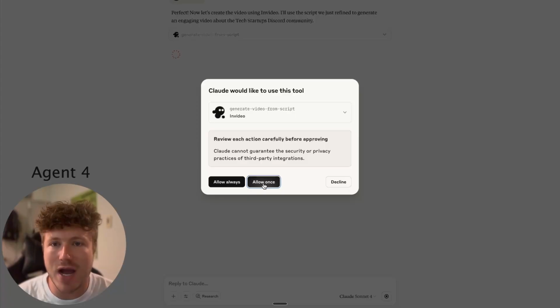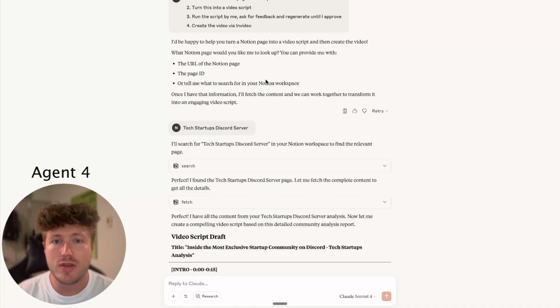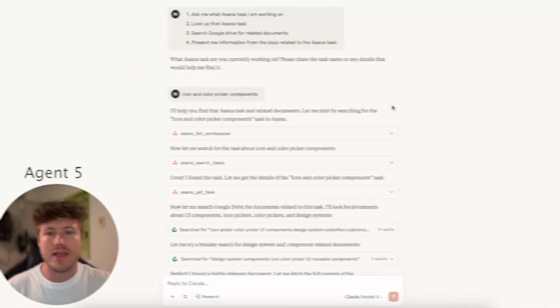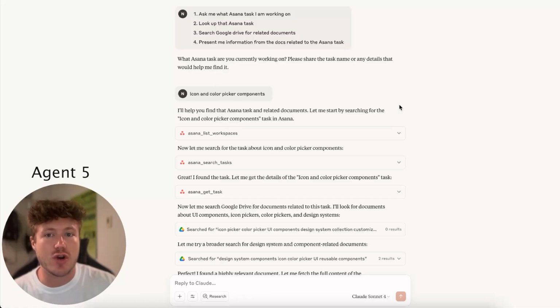The agent is now going to call InVideo to generate a video from the script that the agent already created. And now we can see our video is being generated. Now we have our full video. You could use this for documentation, for quarterly reports. The options are endless. This agent will search your documentation and find anything relevant to the current task you're working